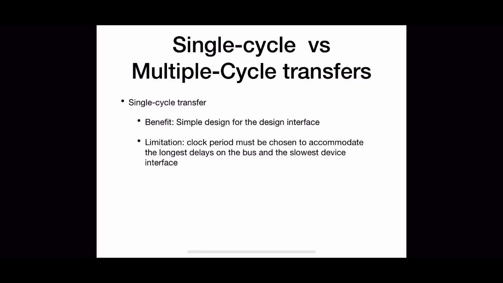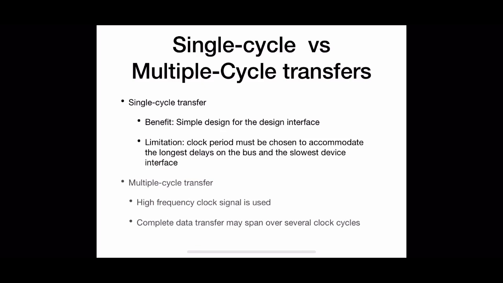So here comes a solution, that is multi-cycle transfer. In multiple cycle transfer, some control signals can be incorporated to represent the device response. And this signal will inform the master that the slave has recognized its address and is ready to participate in a data transfer operation. The signal also makes it possible to adjust the duration of this data transfer to make it suitable for the participating device. Definitely different devices may have different time requirements to finish off the data transfer. This signal can also be used to fix this time requirement.